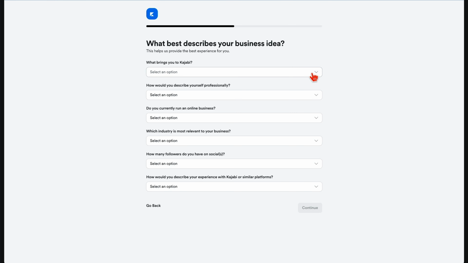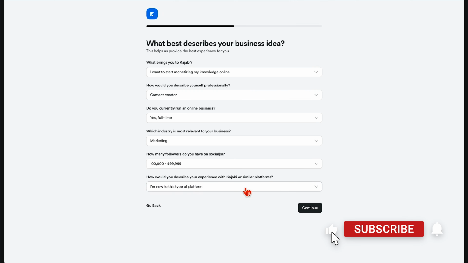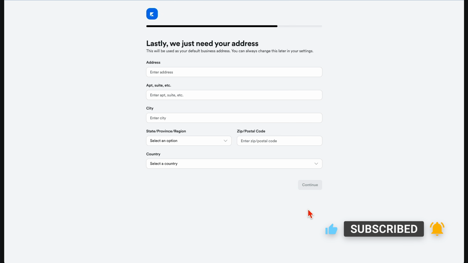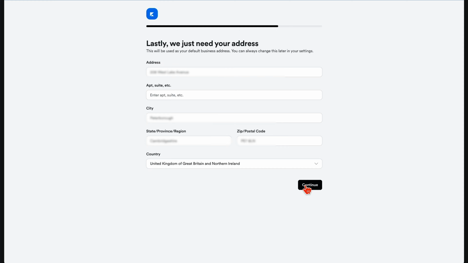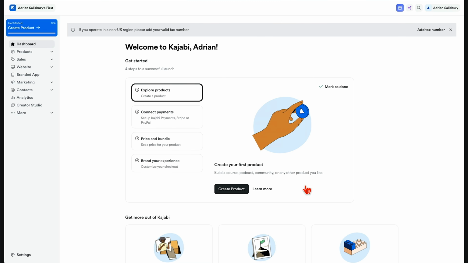Continue. This is Kajabi's way of helping to onboard you. So what brings you here? I'm going to tick here that I'm new to this. This is kind of what I'm assuming you're going to fill in, something like this, and we'll hit continue. Need an address. And we're in. And so here we are with our